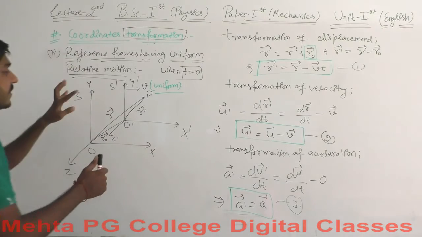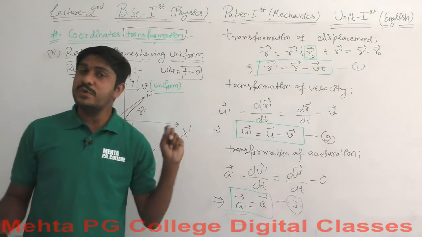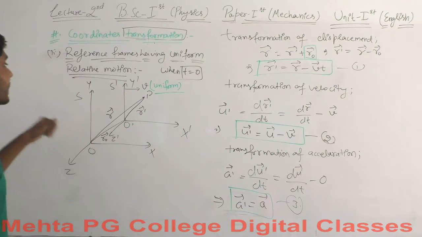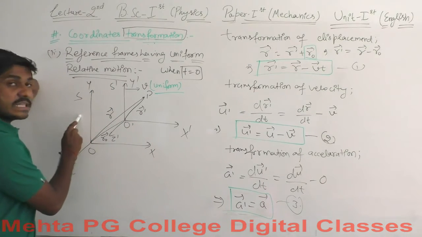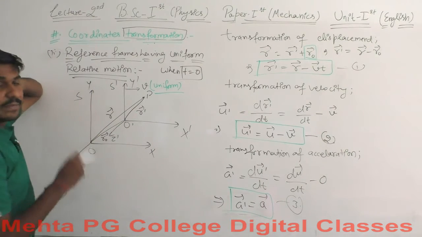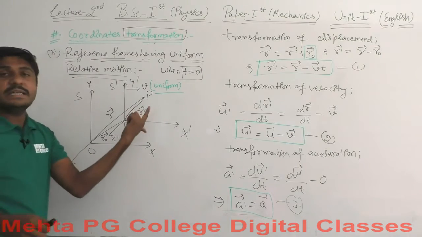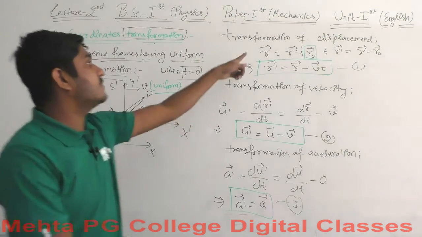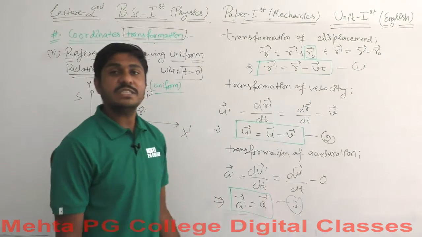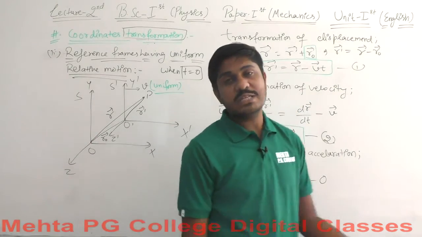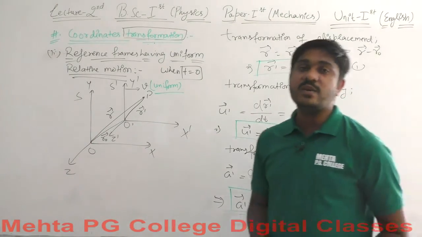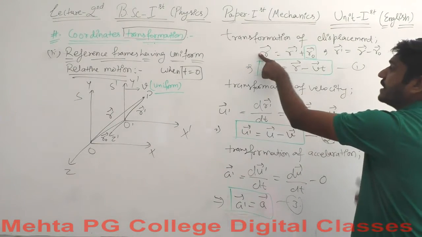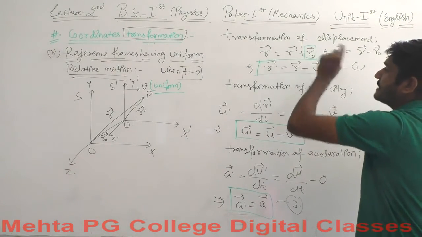What do we have? Two reference frames. If you got my words, you can skip this part, but let me explain it again. We have two reference frames, the primary frame s and the secondary frame s dash, and an event happens at point p. I will not explain the figure again, so we come only to the mathematical expression, the transformation of displacement. We have r equals r dash plus r naught.